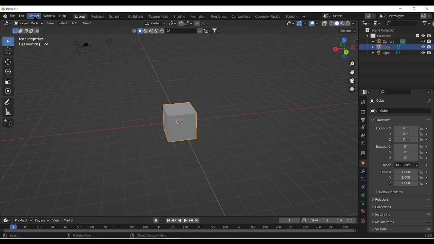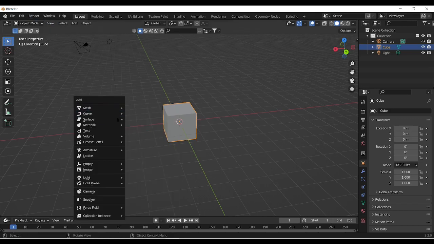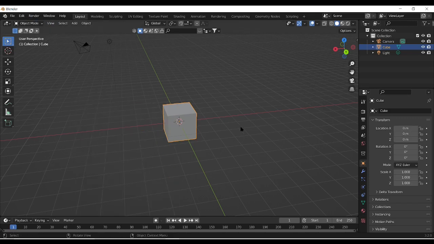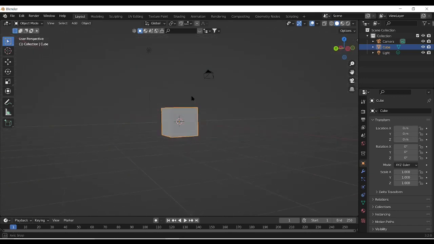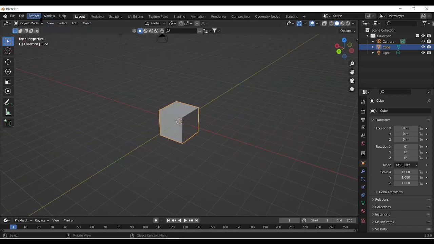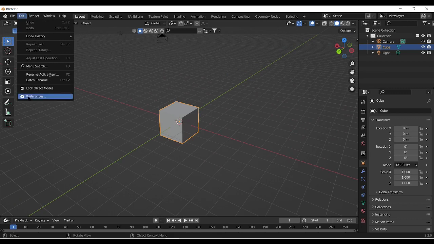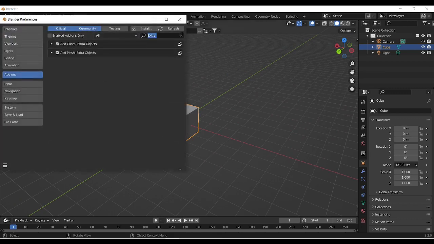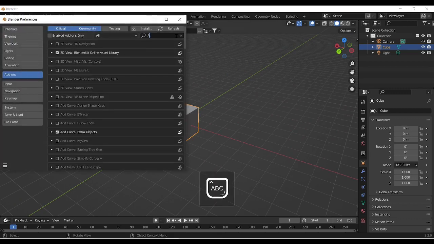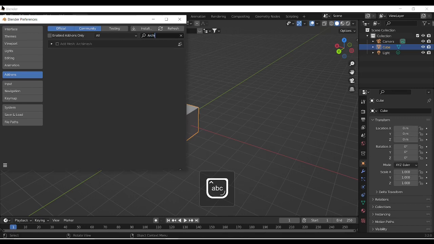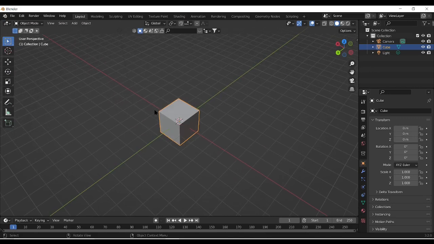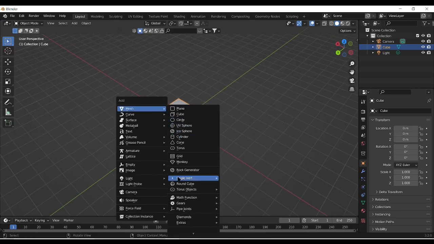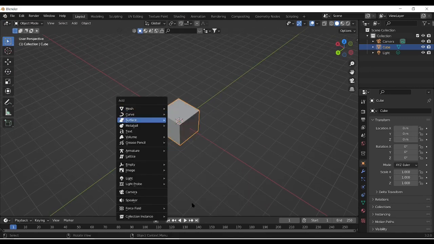The second one is the archy mesh. The archy mesh lets you build up some windows, doors, rooms, floors, and roofs. So we'll go to Edit Preferences and right here, archy mesh. Alright, click it and Shift A, and you're gonna see,